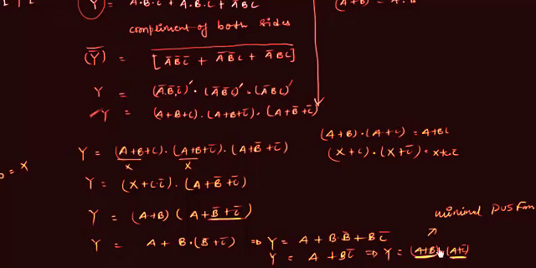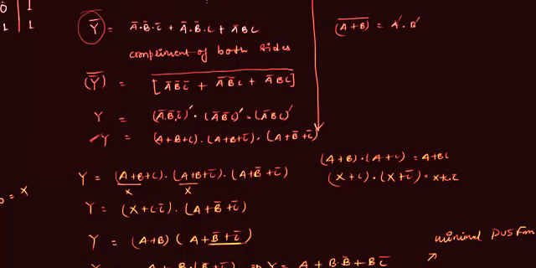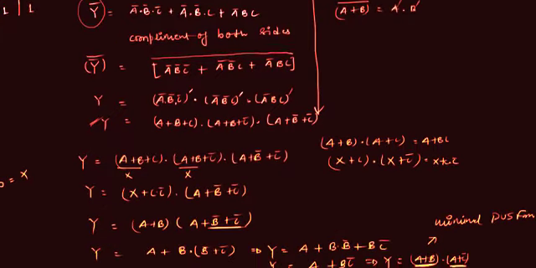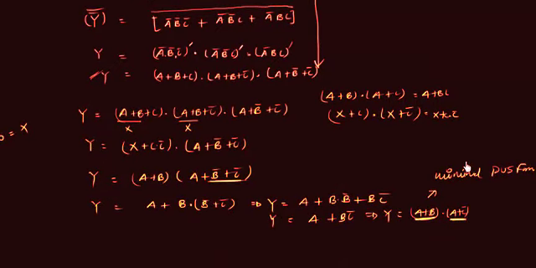It is very easy, and in the exam they may give you the minimal POS form and ask you to find your canonical POS form. There are 2 ways to do it. The first way is to use the truth table. You can find the values of your output depending upon this expression and write the POS form like I have explained initially, or you can use another method that I will explain separately in one presentation.